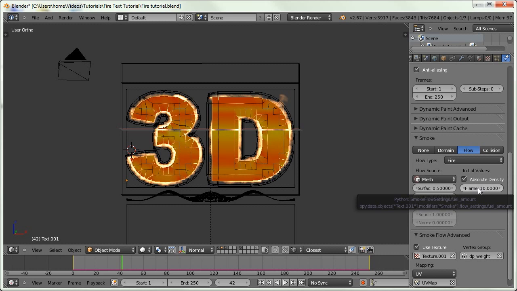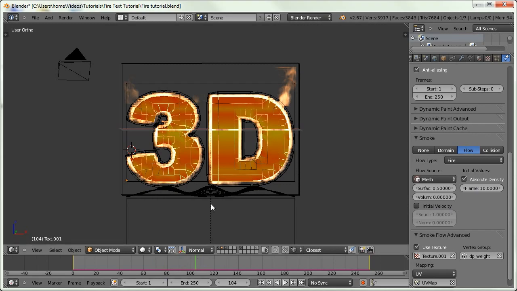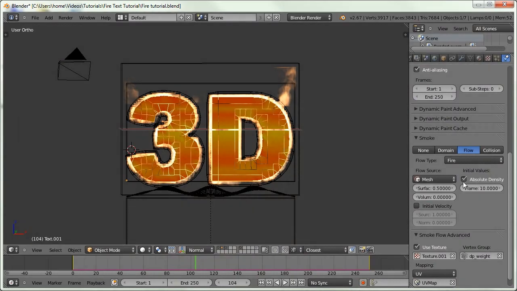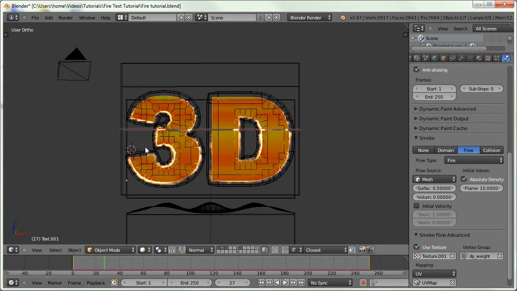So if you find that your render is getting too bright towards the middle of the animation, so if I just render this out, we'll see how bright it's looking. So this isn't actually too bad, but maybe I'm thinking this is a bit too bright for me. What I can do is say that when the text is beginning, I want it to be this strong, this flame rate, but after that I don't want it to be so strong. So I want the initial burn to be great, so it can get the simulation going. So I can insert a keyframe,